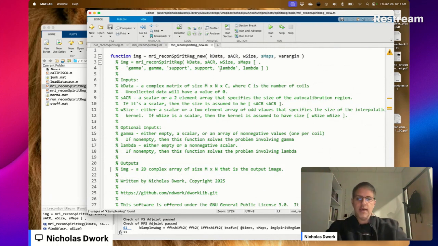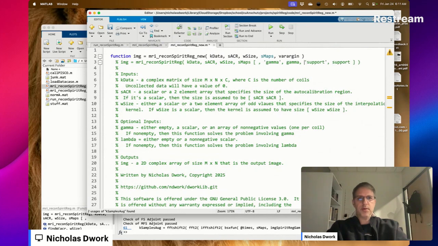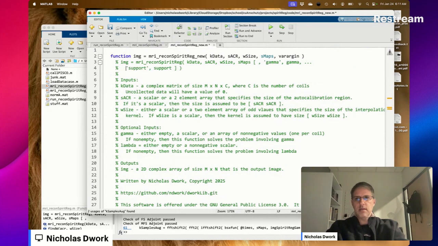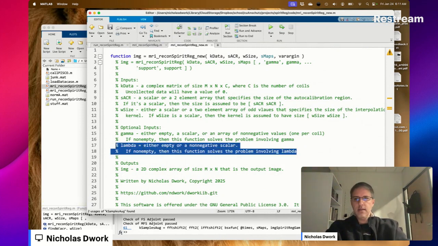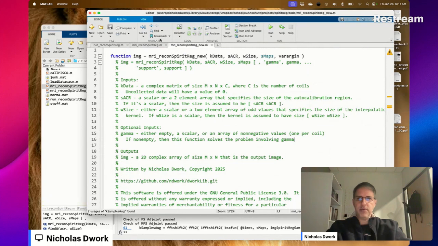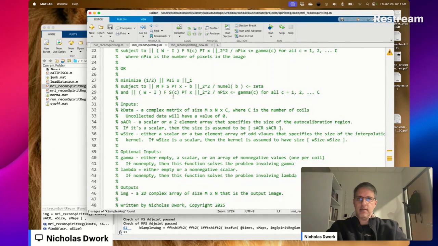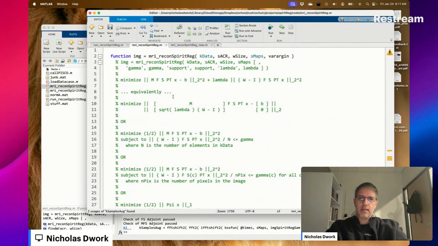Do we really want lambda? That was just a stepping stone in development on the way to developing this thing for gamma. I don't know that I want lambda. No one will ever use it. It'll take effort to support it. So we might not do that. And that simplifies that business of choosing between lambda and gamma quite a lot. But for now,